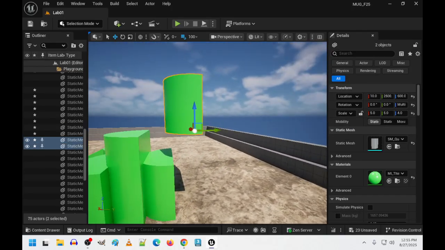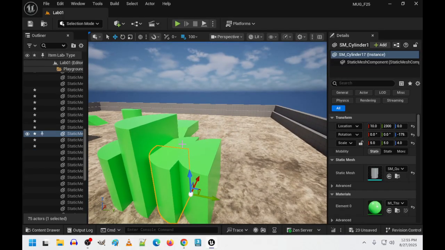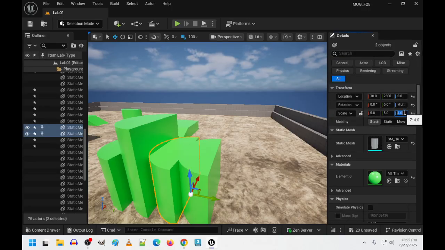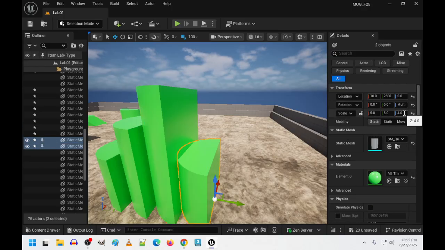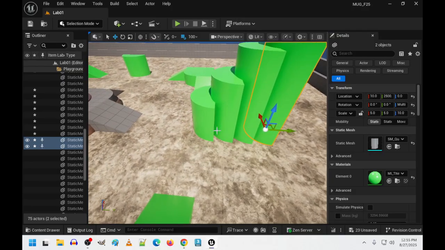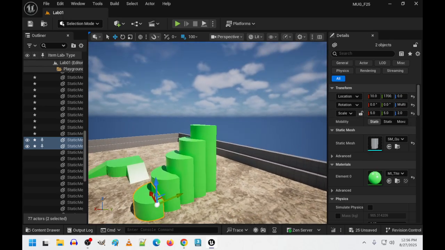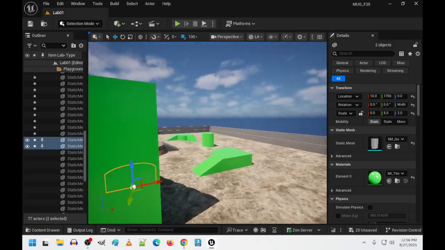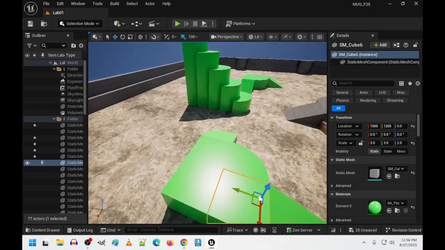Do these properly for you so you have an idea. So these guys I'll make extend up to 8. So there's a 2 meter, and these would be 10. So for the sake of argument, I'm going to grab these 2, copy paste. I'll bring them out and I'll make these 2 meters. So I've got these steps effectively, and then I'll grab